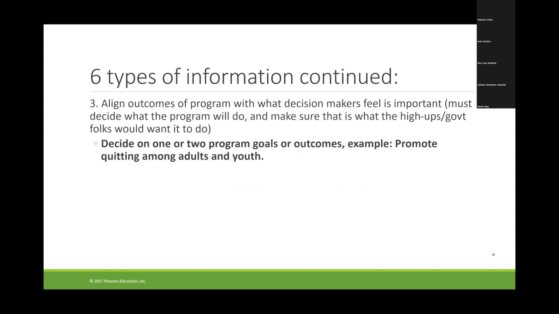A couple more pieces of information. Thinking about the broader decision makers and what they feel is really important. Kinds of information that fit into this higher up sort of thinking could be what the foundation itself is prioritizing, what their strategic plan is. You could think about what the state's strategic plan is, or what the Cancer Consortium has decided are priorities for this year. Thinking about these bigger institutions and what their goals are can be an important component of your own rationale.